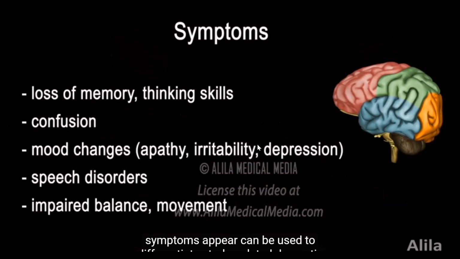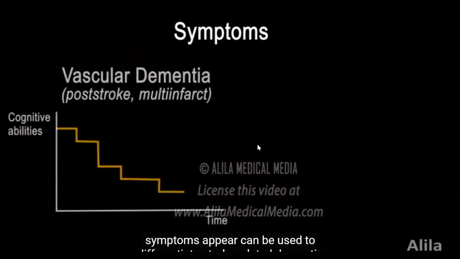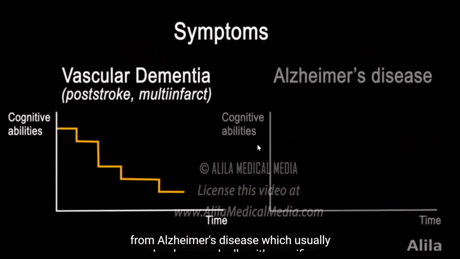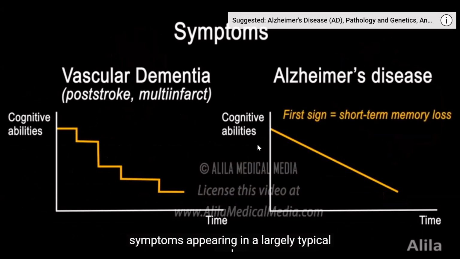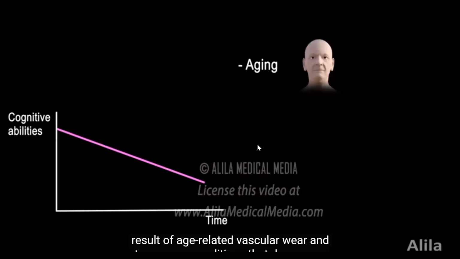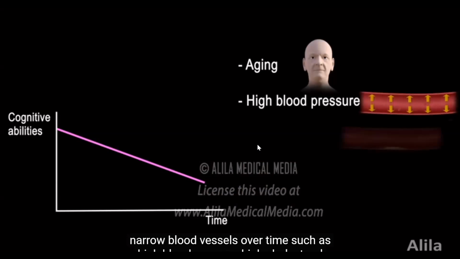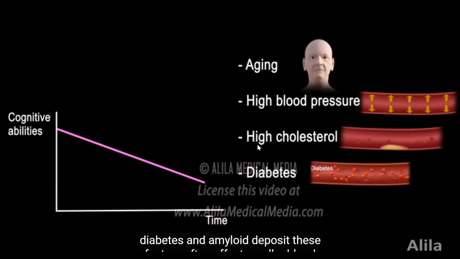The way the symptoms appear can be used to differentiate stroke-related dementia from Alzheimer's disease, which usually develops gradually, with specific symptoms appearing in a largely typical order. But vascular dementia may also progress silently in a continuous manner as a result of age-related vascular wear and tear, or any conditions that damage or narrow blood vessels over time, such as high blood pressure, high cholesterol, diabetes, and